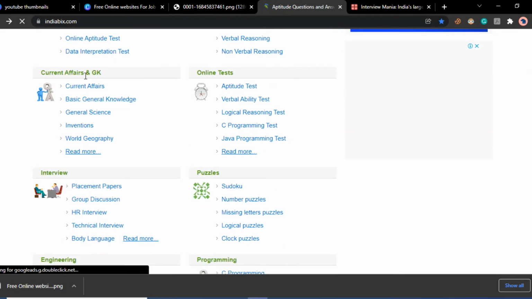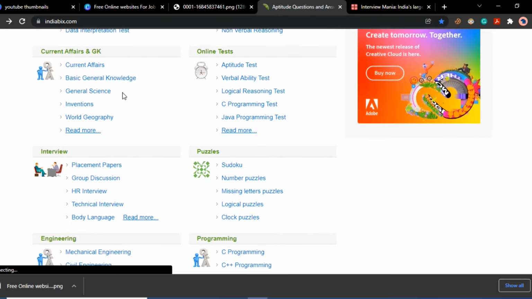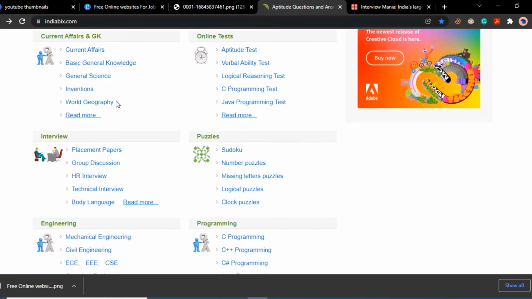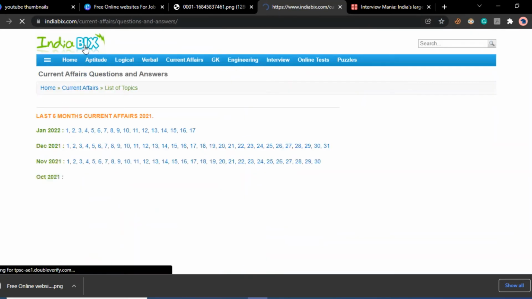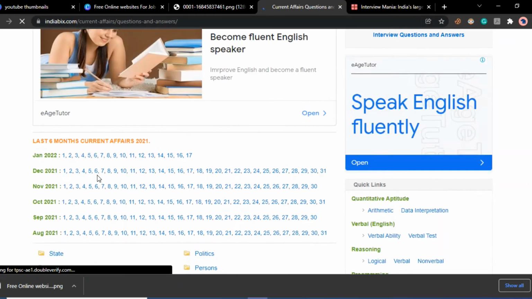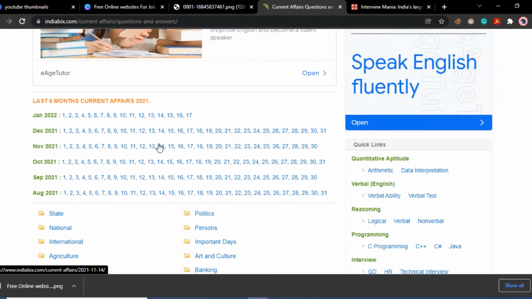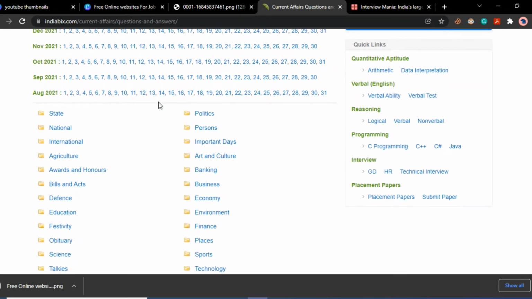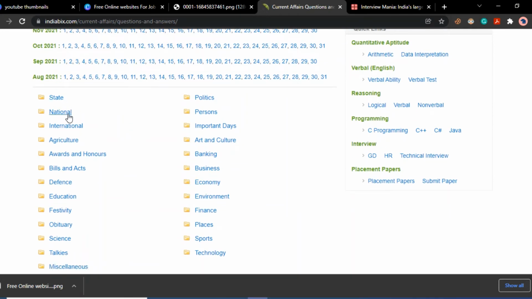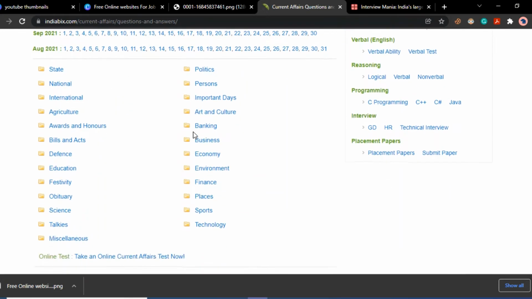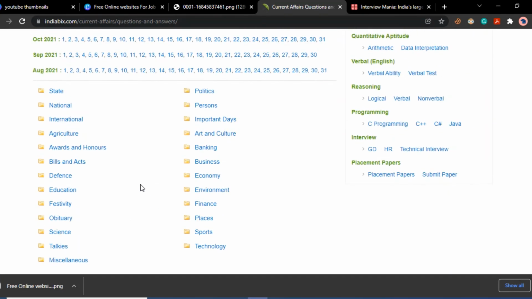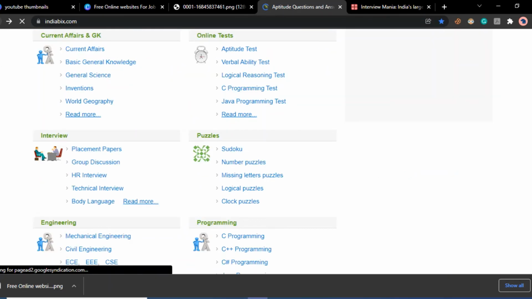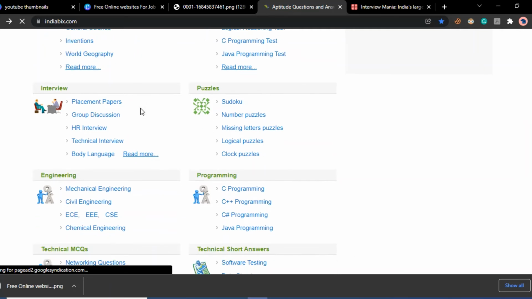Here is also the current affairs, GK section: inventions, general science, world geography, current affairs. Click on which month of GK you want to see. January 2022, date 1, 2, 3, 4, 5, and like that day wise. There are also state, national, politics, person, finance, many topics from GK. So the next section is